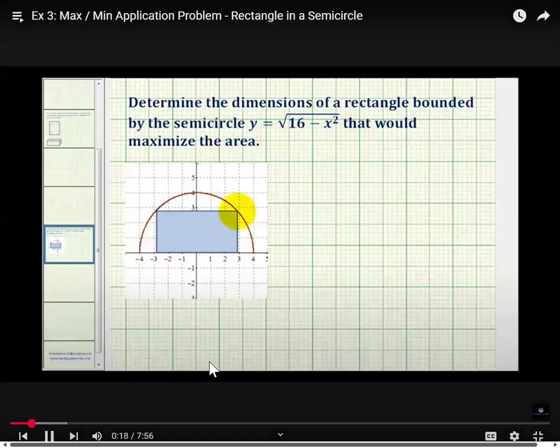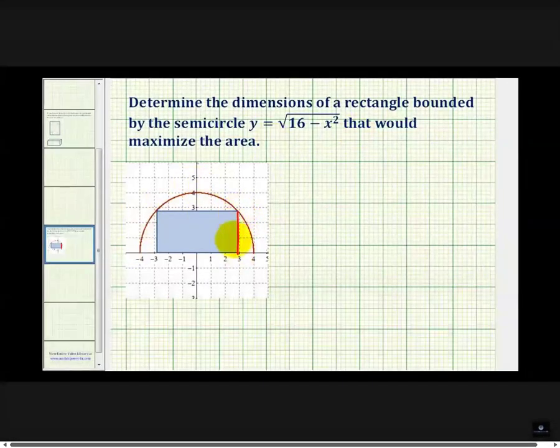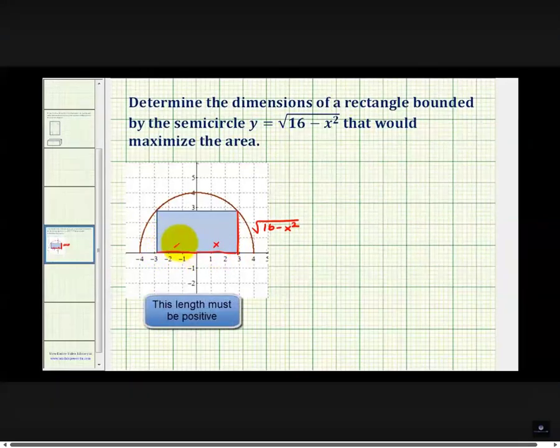The length from here to here would be equal to y, but y is bounded by the function, so the length of this side here would be equal to the square root of 16 minus x squared. Now looking at the horizontal distance here, the distance from the origin to this corner would be x, and therefore the length on the other side would also be equal to x. So the length of this entire side would be 2x. So the dimensions for this rectangle are 2x by the square root of 16 minus x squared,